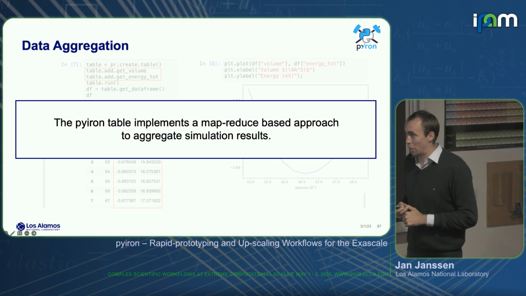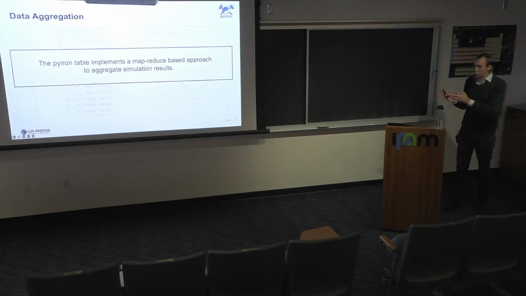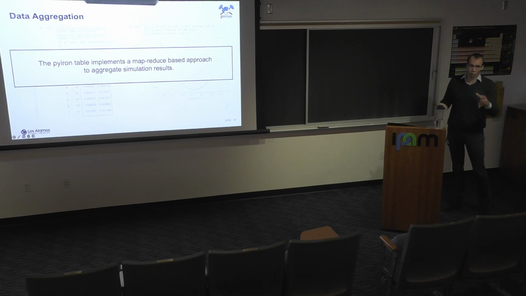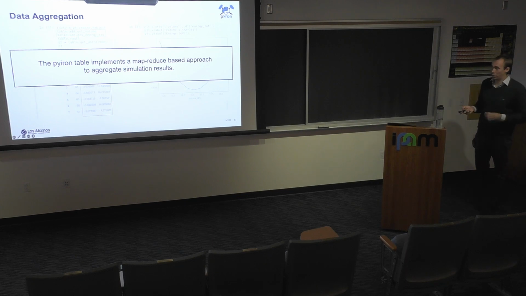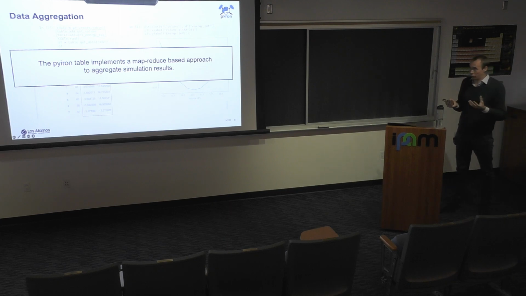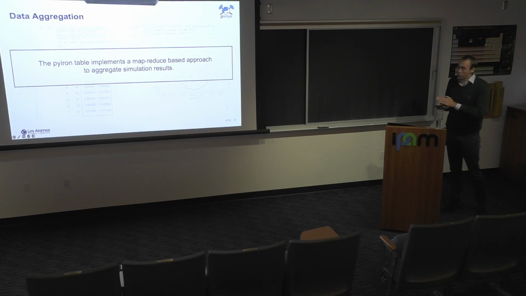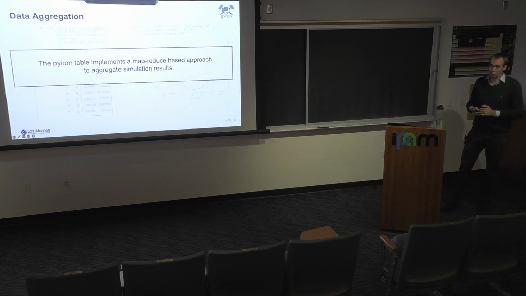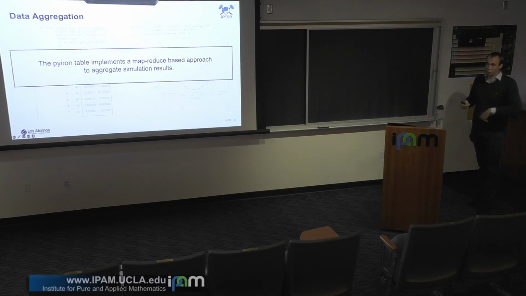And so we really have this MapReduce pattern, which is maybe not so impressive for just 10 calculations. You can still do this with a shell script, but when you go to hundreds or thousands of calculations, that's really where this MapReduce pattern benefits us. And in the same way, as it's again a job, the table object is again a job object, so we can also submit this analysis to the queuing system and say, okay, this might take a bit longer, just submit it there, give me the data frame once you're done.